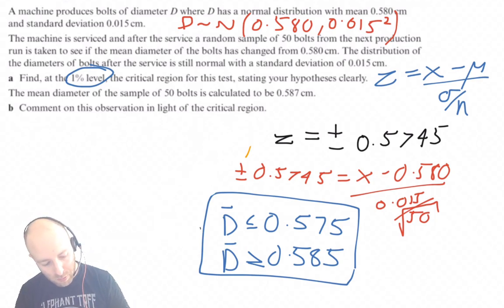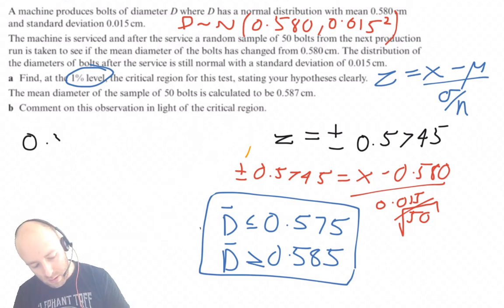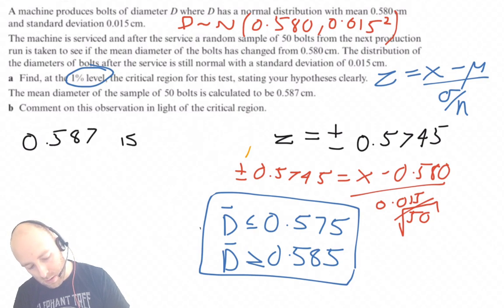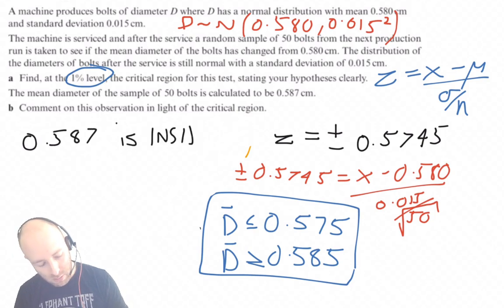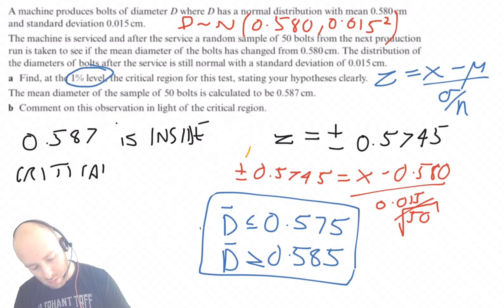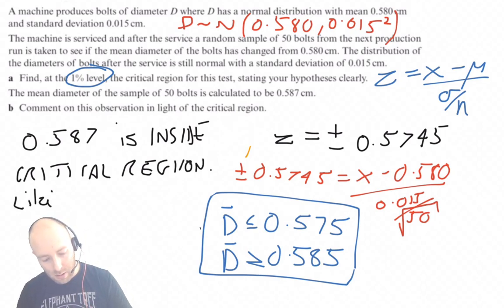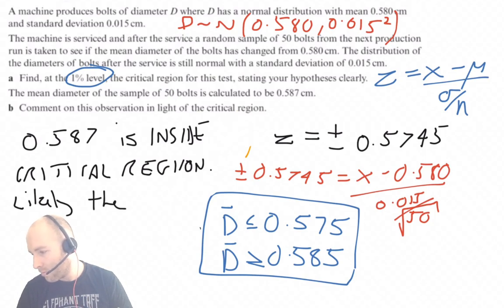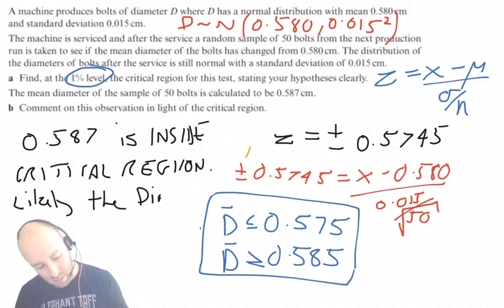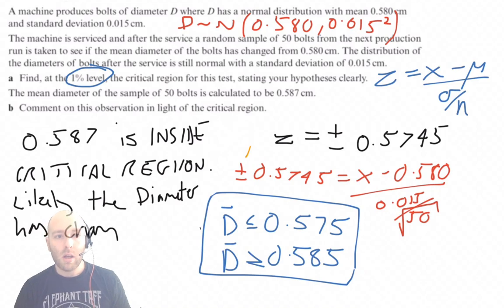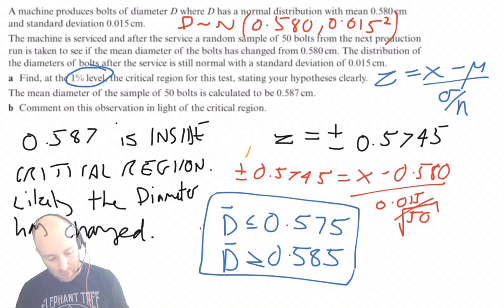So 0.587 is inside the critical region, so likely the mean has changed. Cool, so we're going to accept